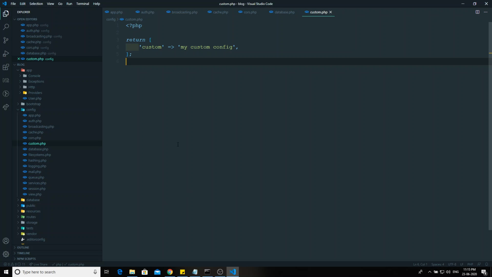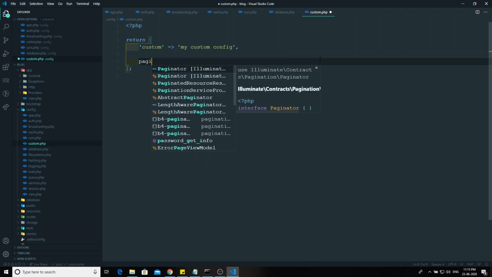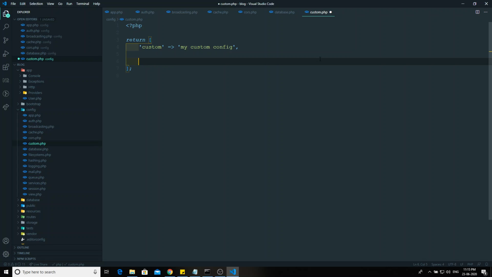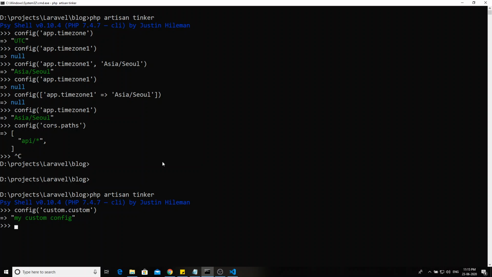For example, in your project you are having pagination, you want to show pagination, okay, per page, how many things you want to show. So you can create per page or something like this, per page. Okay, I want to be consistent in my project everywhere, so I will be mentioning here per page. Okay, if you anywhere you want to access, you can access here.